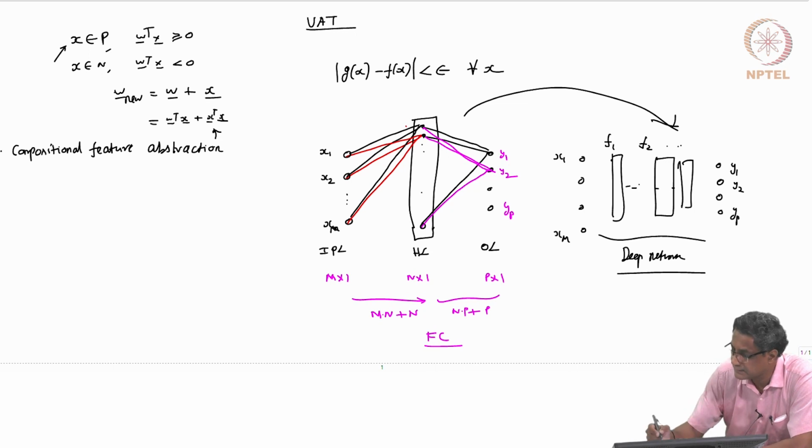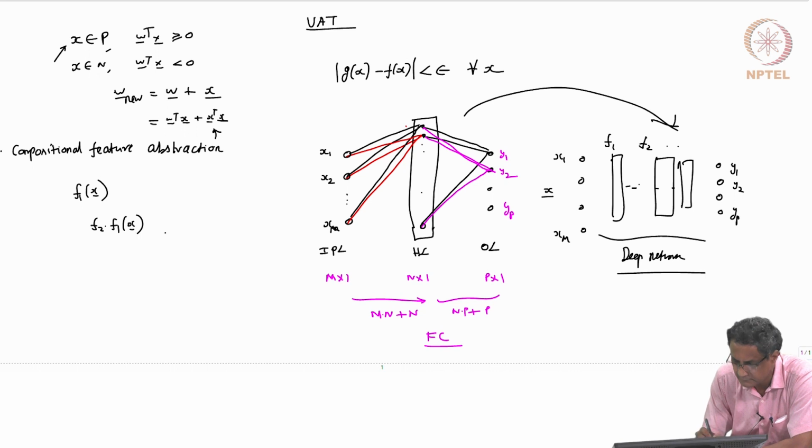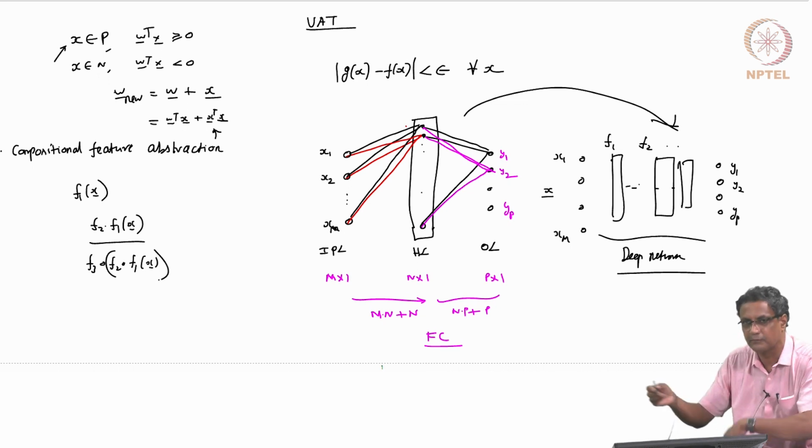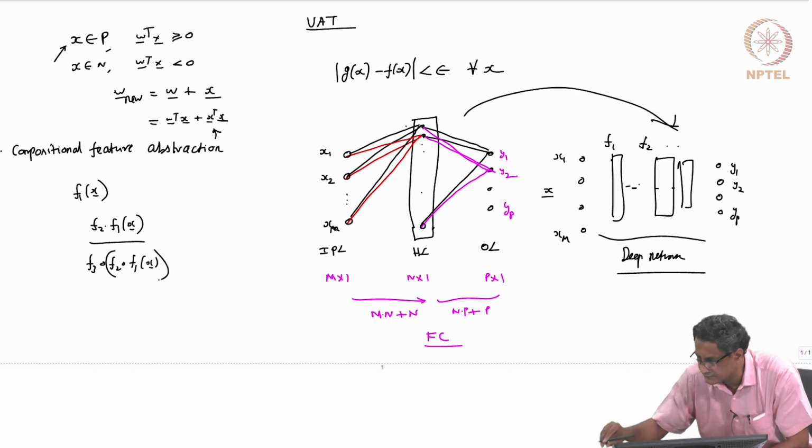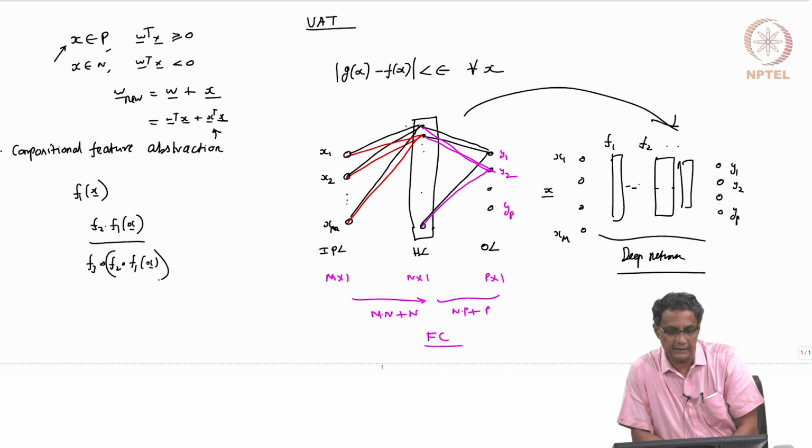Now, what really is happening? Suppose I call the input some vector x. After the first layer, you have, let's say, f1 of x. Then f1 of x becomes the input for f2, and therefore f2 acts on f1 of x. And then you might have an f3 that is acting on f2 of f1 of x. So you've got f3 acting on f2 acting on f1 acting on x. So you have this kind of compositional abstraction which is actually going on, and the idea is that